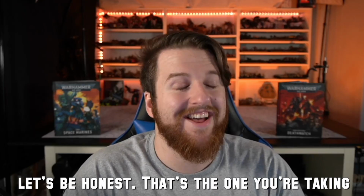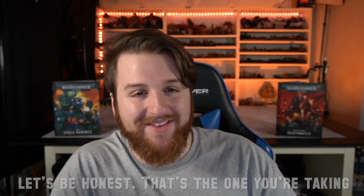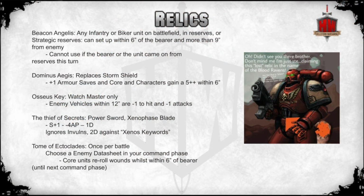That's good when you can start building the kill teams with 5 heavy intercessors and 3 eradicators. So then you got the Osseous Key, which is for Watchmasters only. That's his little thing on his arm, I think. Enemy vehicles within 12 inches are -1 to hit and -1 to attack characteristics whilst within 12, which is really